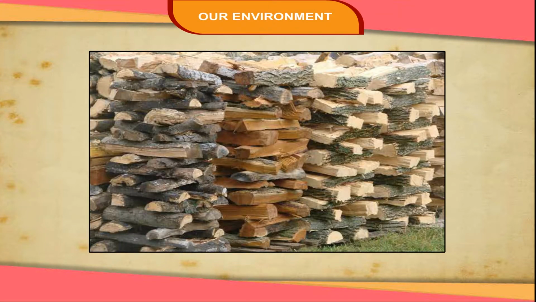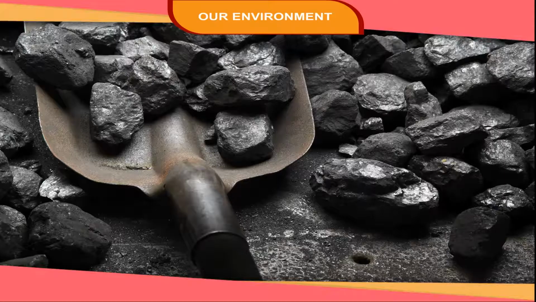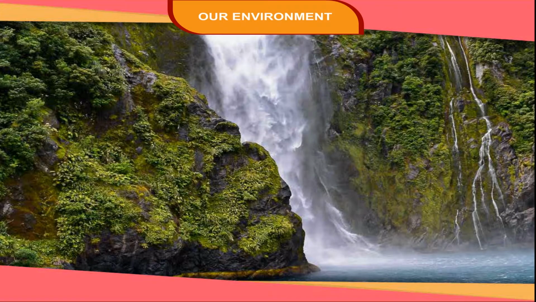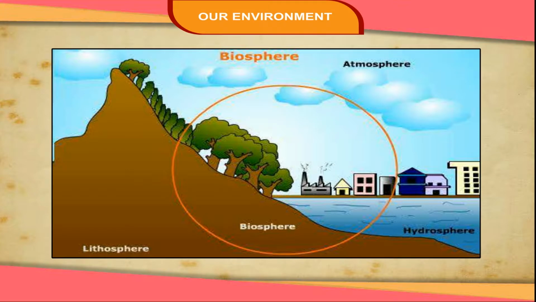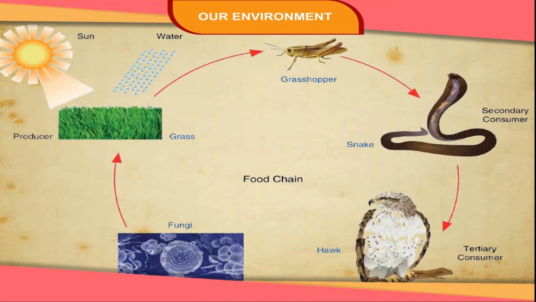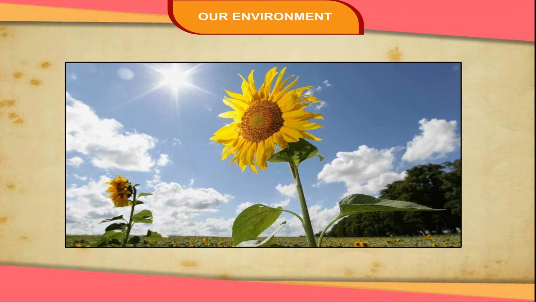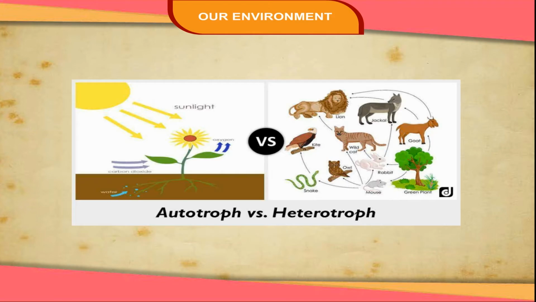The energy is also transferred from one source to another. Wood, petroleum, coal, running water, etc. are the secondary sources of energy. In the biosphere, there are two major elements, that is, the producers and the consumers. The producers or the autotrophs are capable of producing their own food directly from the environment. The organisms that are not able to produce their own food directly from the environment are called heterotrophs and include